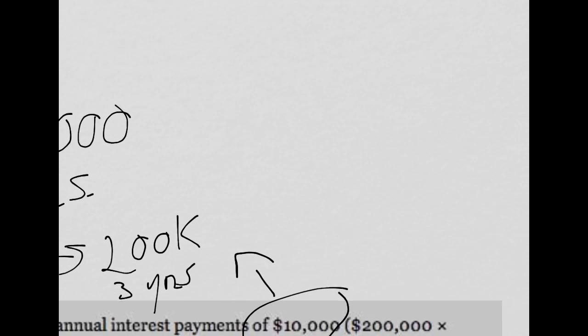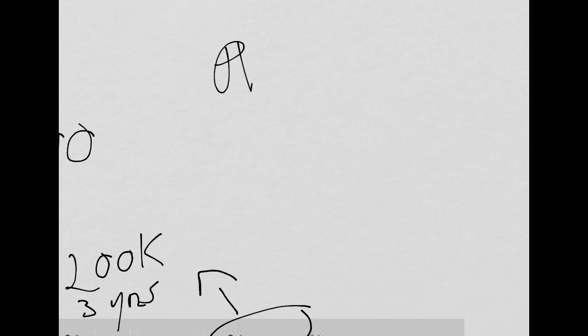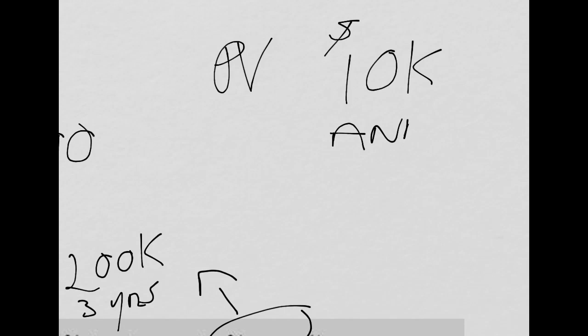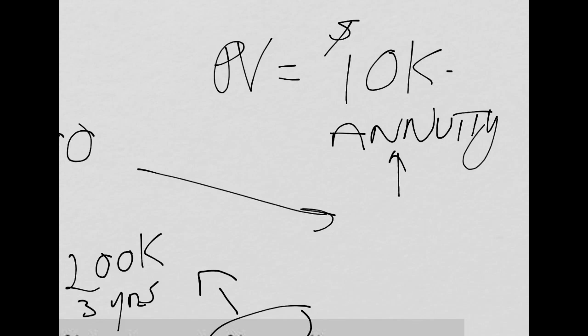Then we solved, what do we need to have today, present value, to pay $10K as an annuity. So now we've combined a single sum with an annuity. We just add them together, and that's what this problem is trying to show you. You can do it just by adding them together. And when you took this number, this present value, and added it in to the present value found over here, it came out to the exact amount of the bond, $200,000. Again, that was self-evident from the beginning, but the problem illustrates